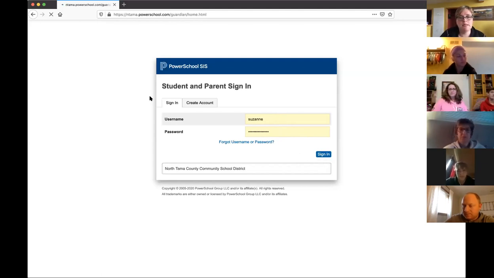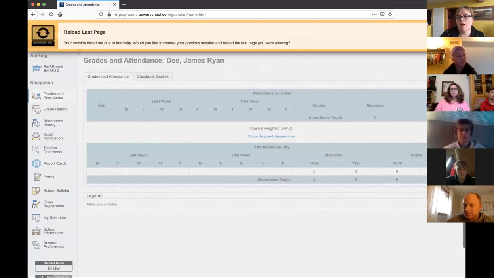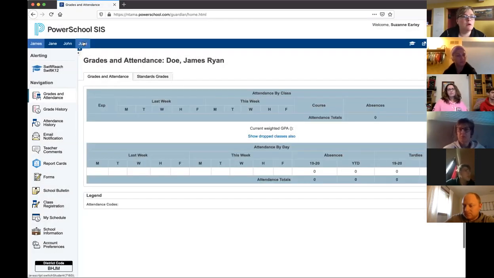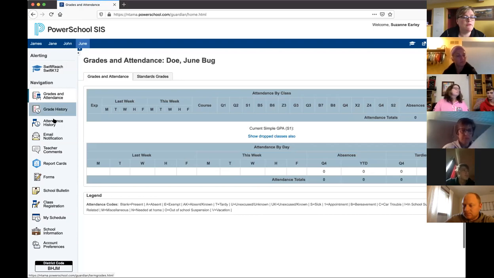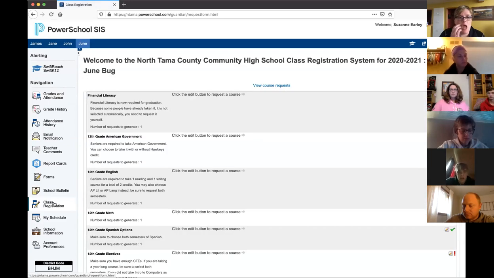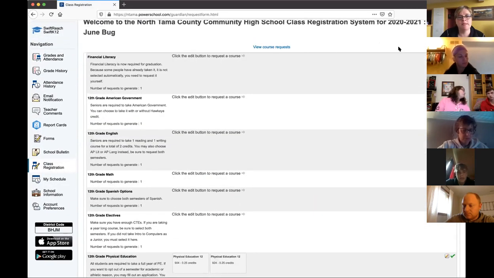So once you get signed in, you are going to look for class registration on the left side here. You click on that. And then it will bring up the different sections that you can fill out to request things.